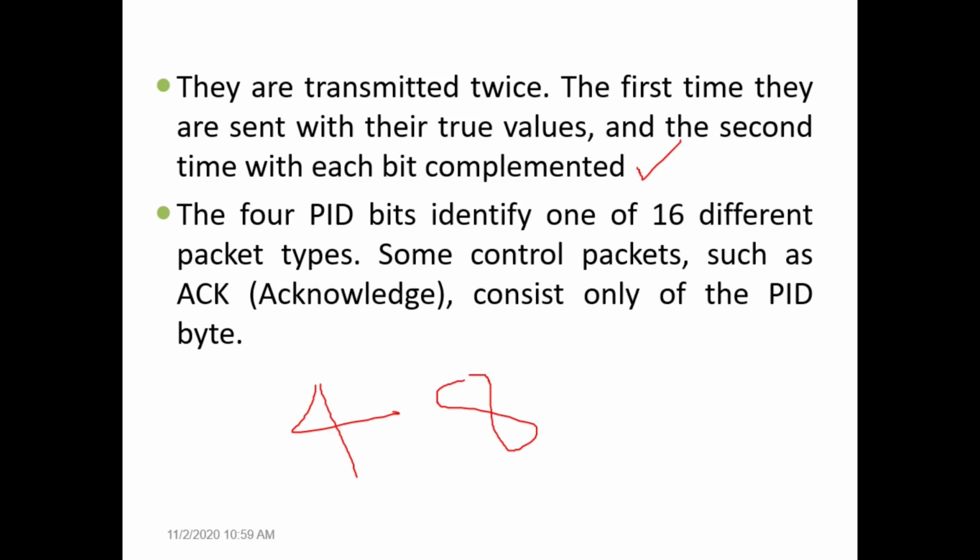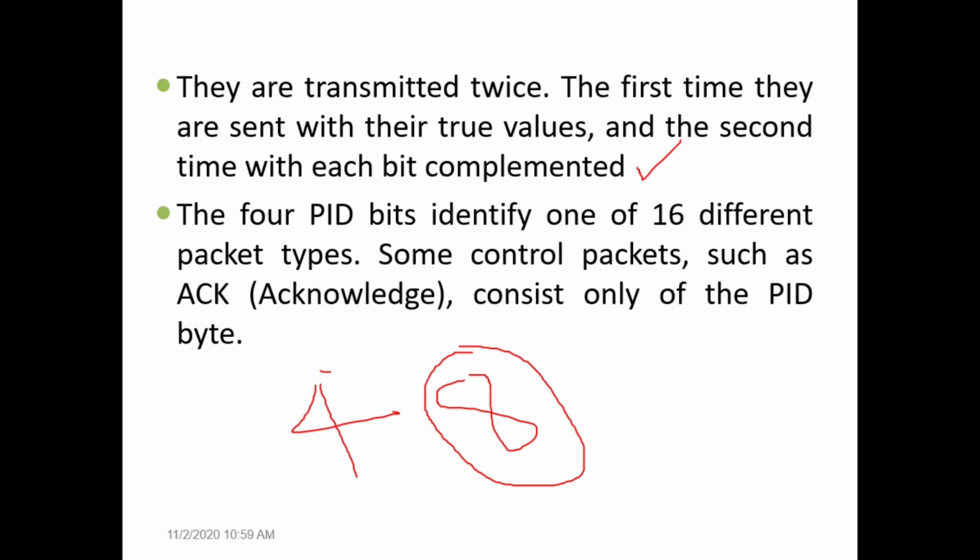Looking at the PID, we can identify what is inside the packet, or what type of data that packet is carrying. Now the packet ID is 4-bit, but we will use it twice. We copy the same 4 bits, so we make it 8-bit. This is for confirmation purposes, so that there is no modification in the packet when it is sent from one place to another place in the tree structure. So we make the packet ID 8-bit, which is actually 4-bit written twice.